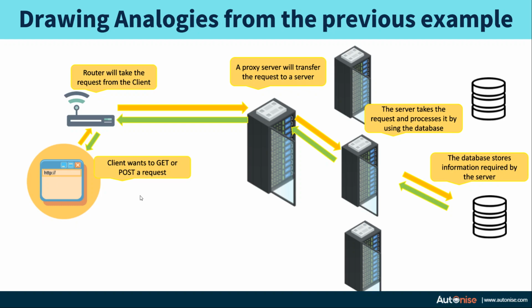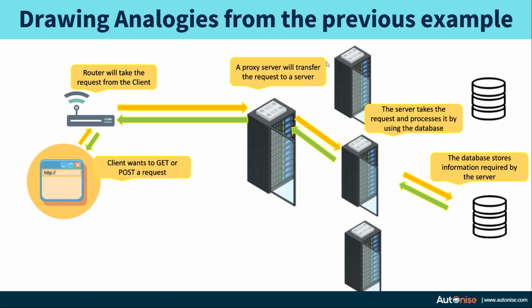So the client puts a request, but to whom does it put the request? It wants to send the request to the servers, but there is a layer which will first transfer the entire request to the server. So this acts like the waiter and it's the router. It will take the request from the clients. There can be multiple routers in between. They will take the request and make sure to pass it on to the servers.